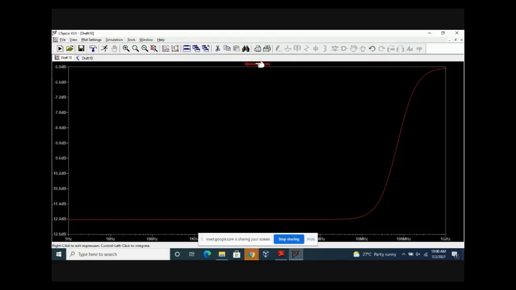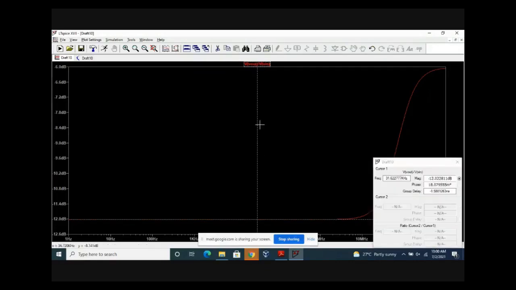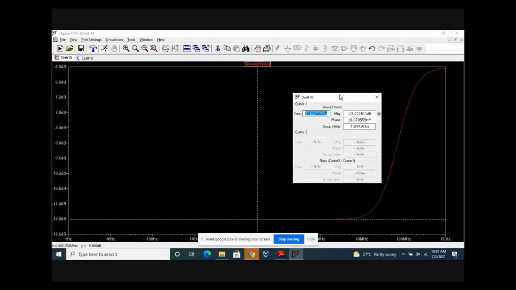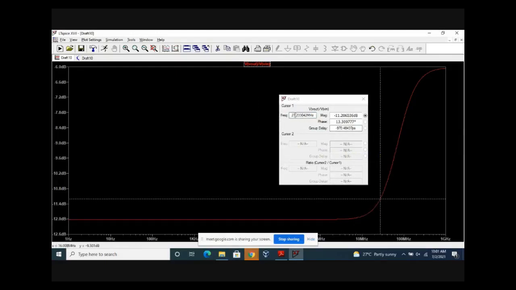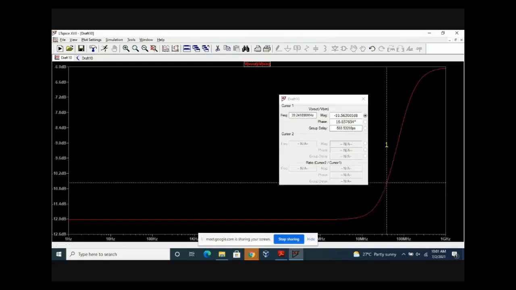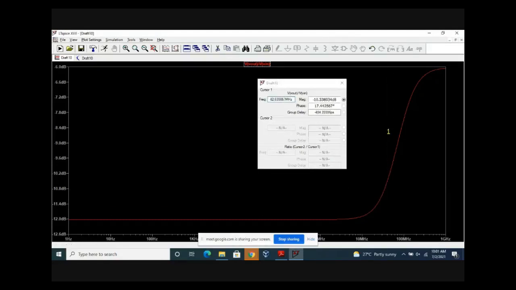So for that, left click on this label V out by V in, and then you will get this pop-up window, and you can just click on this trace, and you can actually move it. So as I move here, you can see the frequency here and magnitude here. So my pole frequency, sorry, zero frequency is somewhere around 50 megahertz. Yeah, 50 megahertz. Your magnitude is around minus 9.96 dB. And similarly, at 100 megahertz,